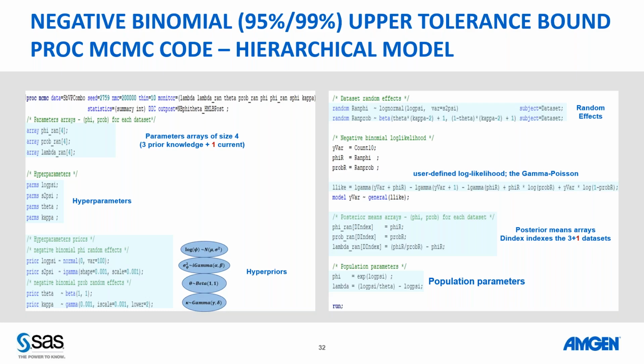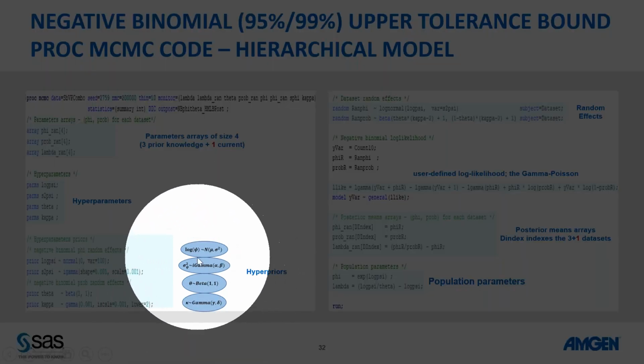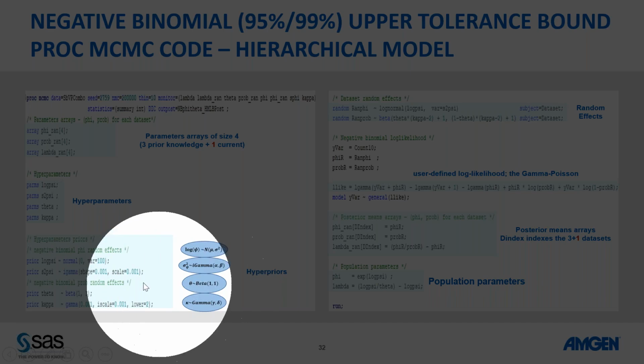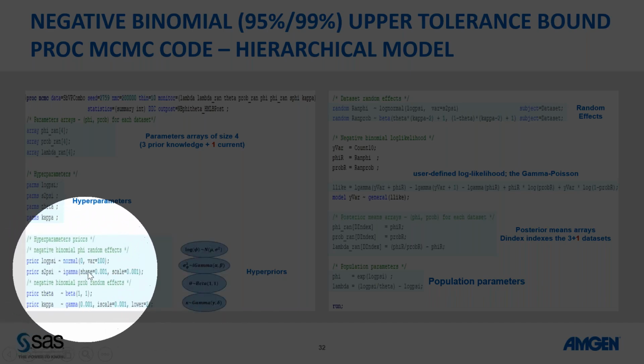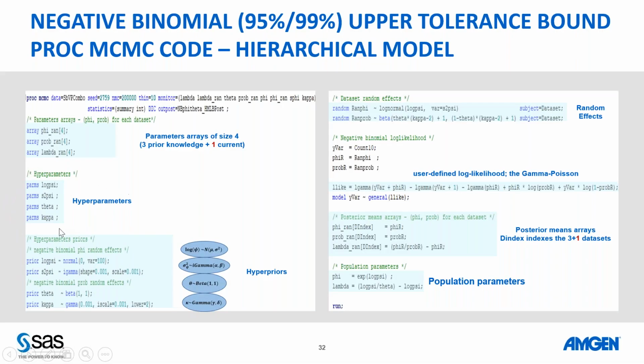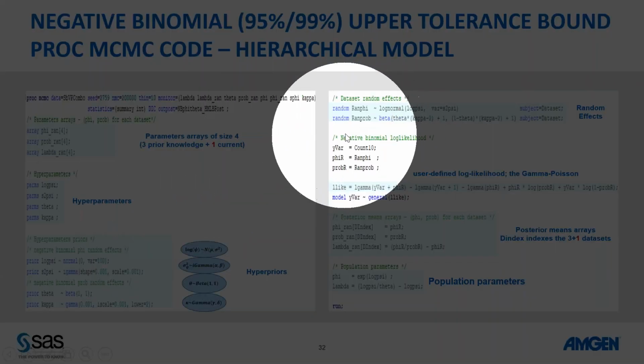But as we were saying before, if you have that idea, that diagram, it's a little more elaborate, but if you keep track of things, then these match these. So the hyperpriors match the ones on the top, and these were the hyperparameters, as Frank mentioned. And then on this side, we have the random effects.